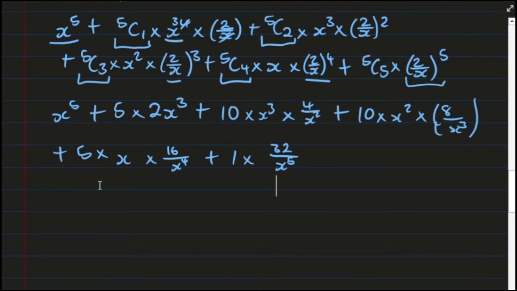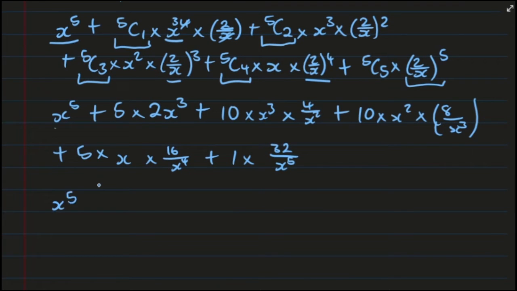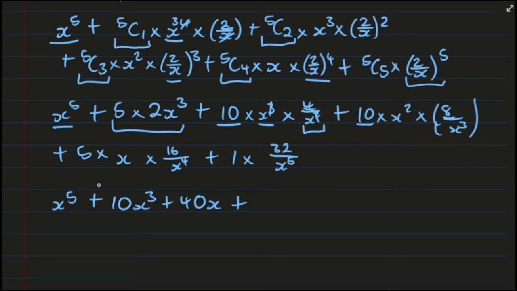Now let's simplify this. So we have x to the power 5 from here, then 5 times 2, that gives us plus 10x to the power 3, and then we have 10 times this 4 over here, that will give us a 40, and then here we've got x cubed and we've got x squared on the denominator, so this will cancel out to give us an x, so that's 40x, plus 10 times 8, which gives us 80, and then here the x squared will cancel out, and here we remain with an x on the denominator,